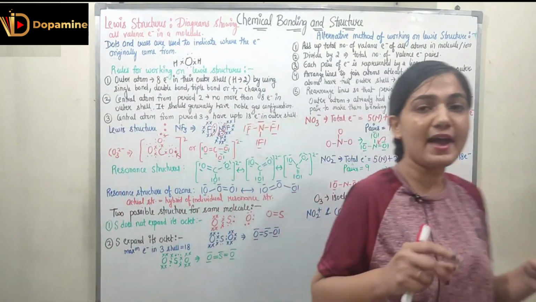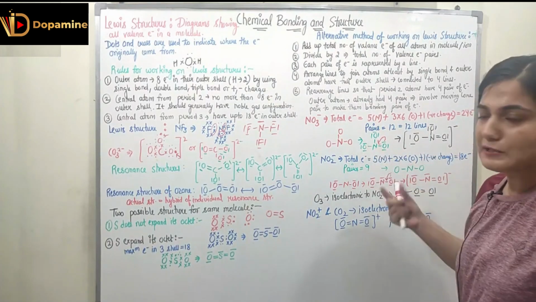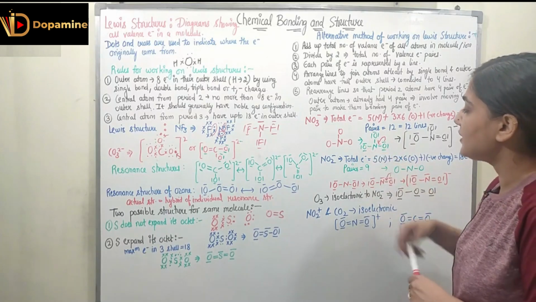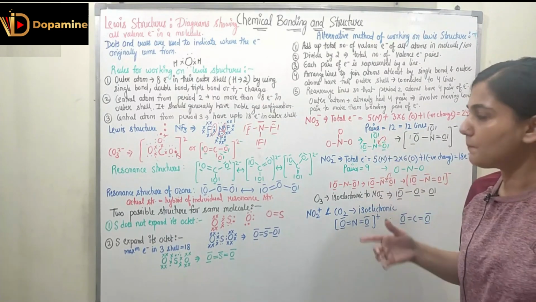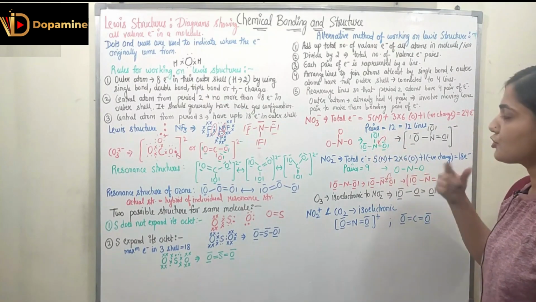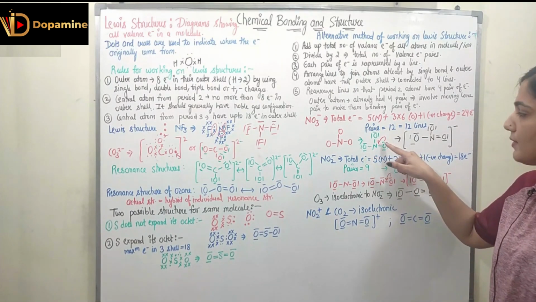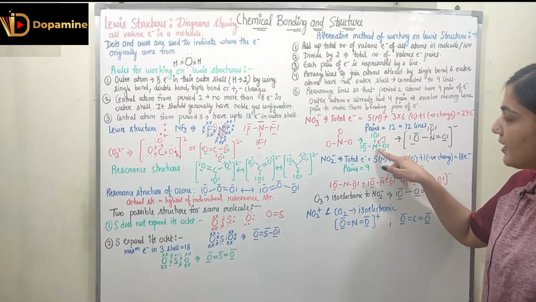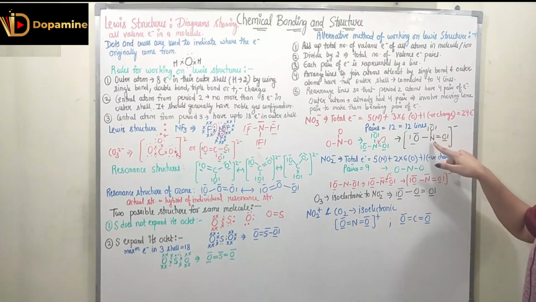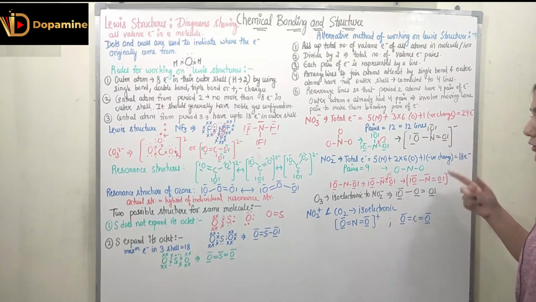Now what I have to do is see the outer atoms, that is oxygen, and make 4 lines on them. So 3 lines were already there. Now I have to connect 3 lines to all of the oxygens as lone pairs so that all of the oxygen atoms have 4 lines. Now you can see the nitrogen does not have 8 electrons, right? So we can move this lone pair over here and convert it into a double bond, right? So here we will have O with a single bond with the nitrogen, and this oxygen is connected as a double bond with the nitrogen.